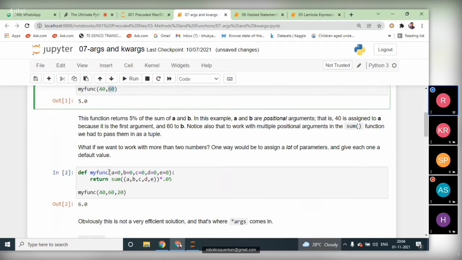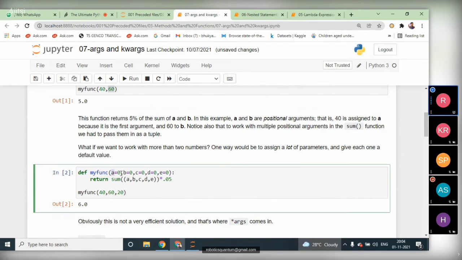Let us see here, for example, we have A, B, C, D, E. Initially we are giving a default value of 0 for each parameter. When we do not give any value to a particular variable, it takes the default. We return the sum of A, B, C, D, E. We require five parameters, but we are not passing five values.